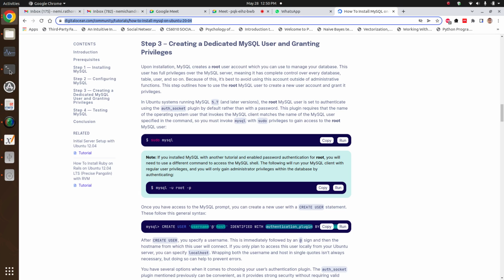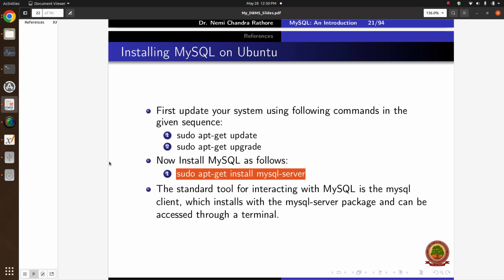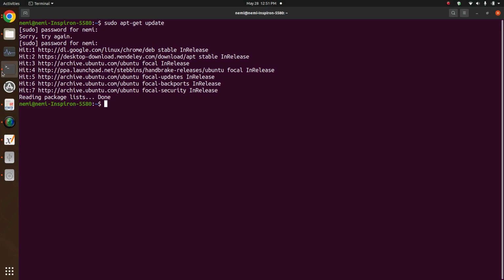So once you are done, you will install MySQL on your machine, and in order to access it, you need an application that is called MySQL client. When you install MySQL, this application will automatically be installed on your machine. Now there is one more tool that is more user friendly. You can explore this tool also, phpMyAdmin. That is a tool used by PHP application developers, and it can also be used by database users to design databases and work with databases. It is a very user friendly tool. I suggest you learn that tool also side by side. That tool is very easy, but I prefer to use the MySQL client application,